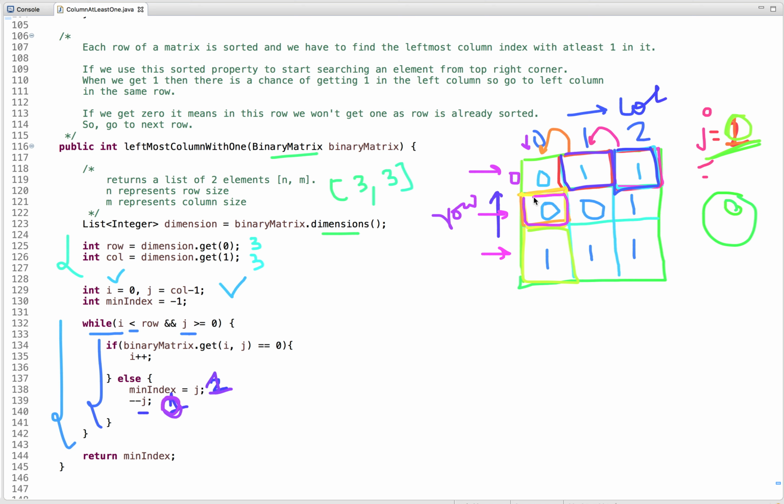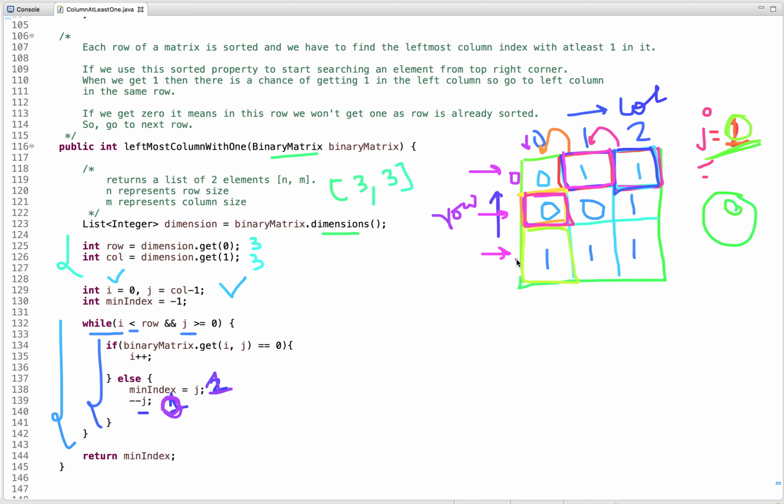In the next row we don't need to start traversing the row again from the last index, as we already found 1 at the first column. So we need to find the minimum value. So we always check the column which is lesser than this column. That's why we only need to check in this column.